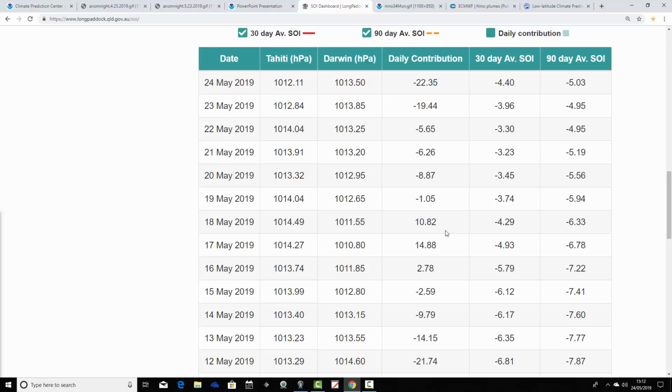And what you do tend to get at this point of the year is just wild swings between El Nino and La Nina state. So again, nothing really useful to be gleaned from the SOI other than the fact that we are swinging between El Nino and La Nina. The duel, if you like, an atmospheric duel, must be taking place in the South Pacific, to see which is going to get the ascendancy, the El Nino or the La Nina.